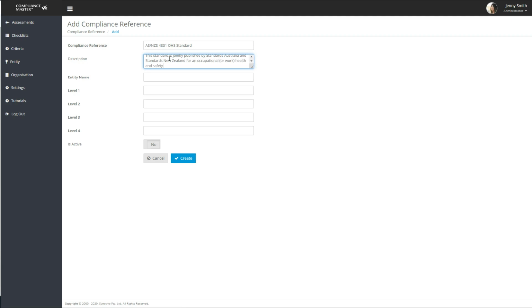Next, you need to align the terminology that will be used to construct your checklist with those used in your standard and with your business requirements. This is done by filling in the following fields. The first field defines the label you want to give to those entities that will be assessed with your template. In our example, we'll just refer to them as organisations, but you could also use contractor, department, or facility depending